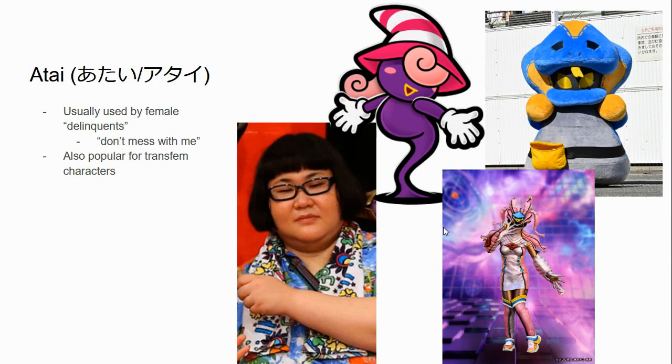Atai is something that's not very common. It's kind of like Itachi, but it's more like a don't-mess-with-me kind of delinquent, sometimes used for trans femme characters like Vivian and Paper Mario. The two notable examples I could find are Love Cove, surprisingly, from Rebus, and Hirobil from King Oger. Also, when I looked it up on Zukan, there was also this random guy from the Ghost Hyper Battle DVD.